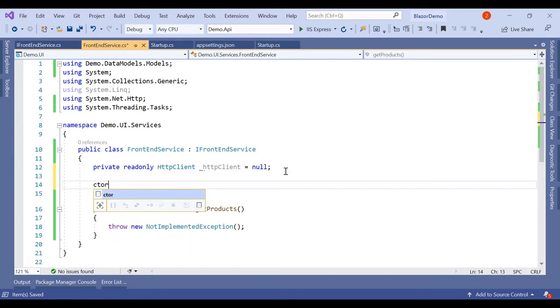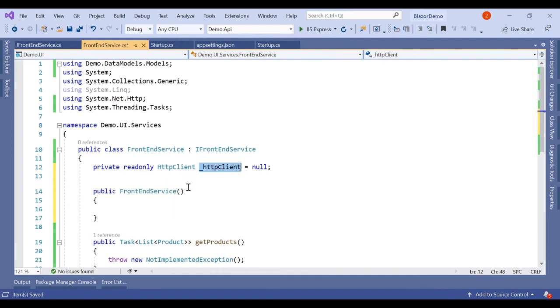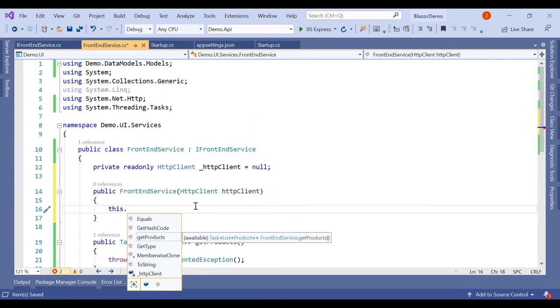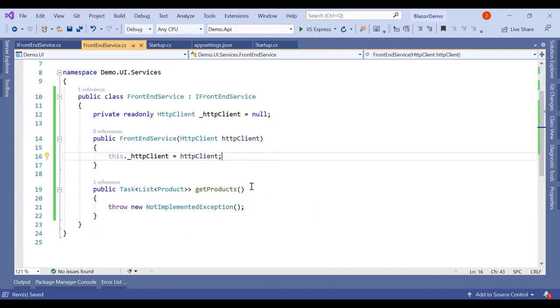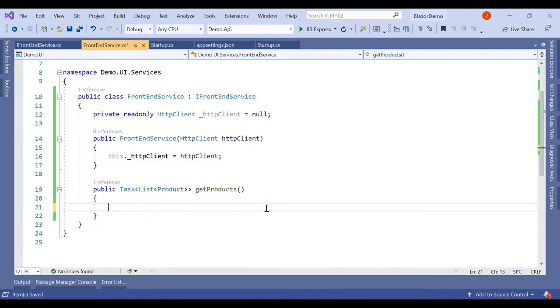Now we have to inject this HttpClient inside the constructor. this._httpClient equal to httpClient. Now return